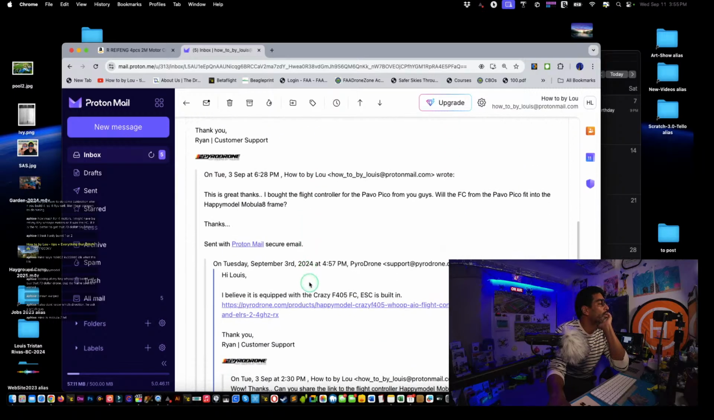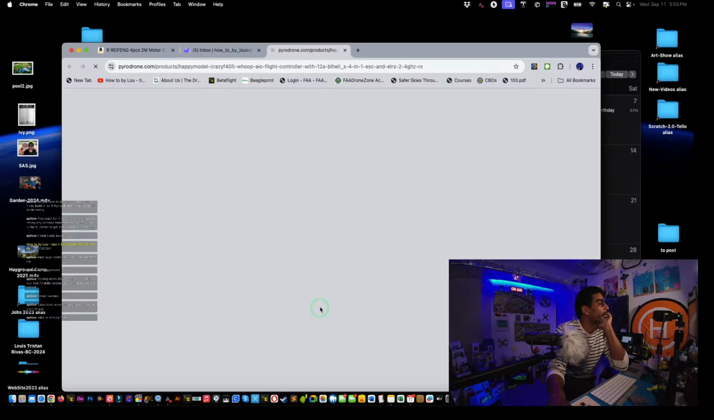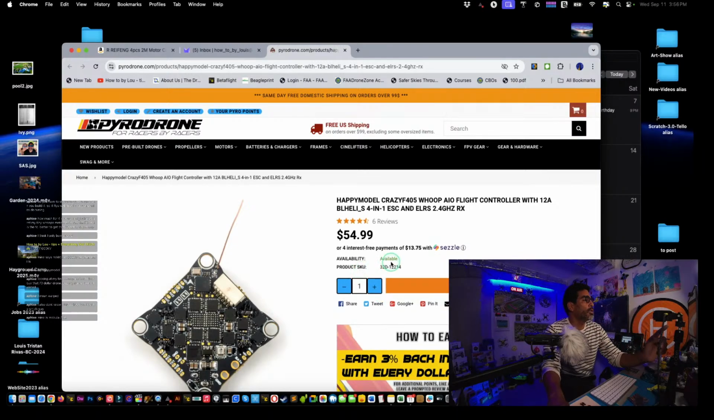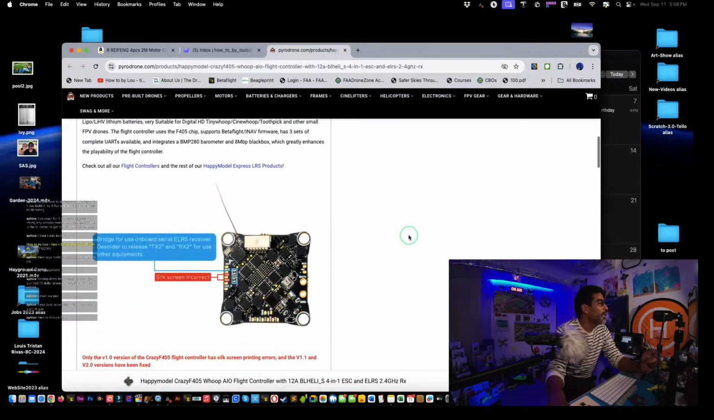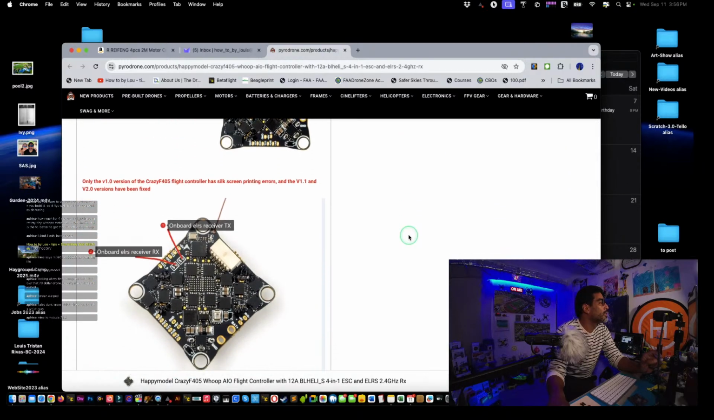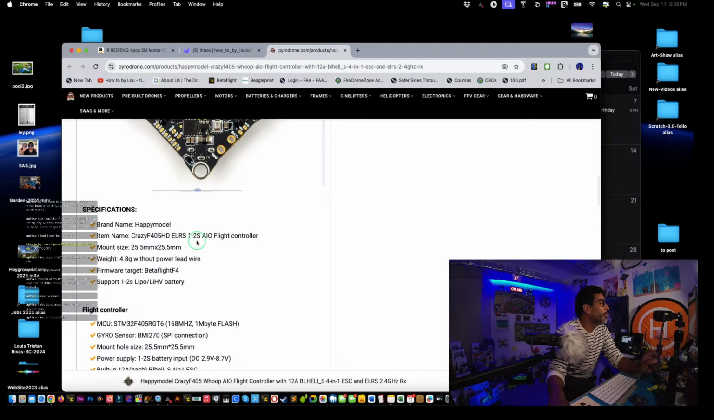I wonder how many S's this one runs off, like 2S, 1S. There we go. Support for 1 to 2S LiPo. Okay, so that's good. LiPo, hopefully I have the right battery. I'm not sure what a LiPo LiHV battery is, right? I have a LiPo battery, but